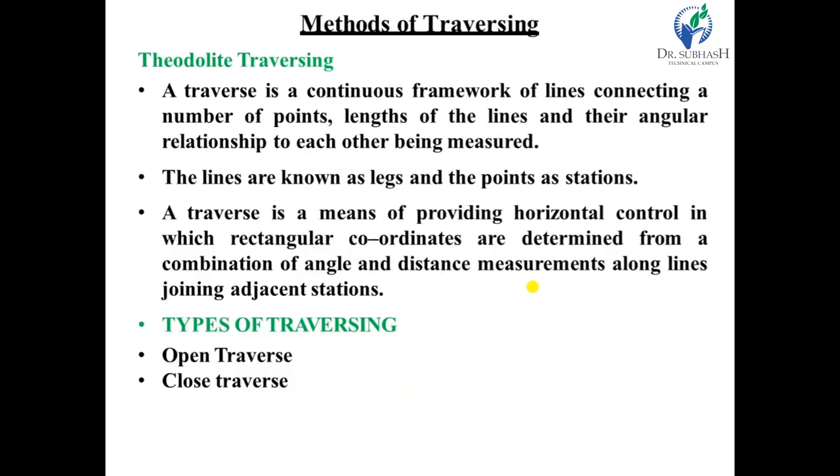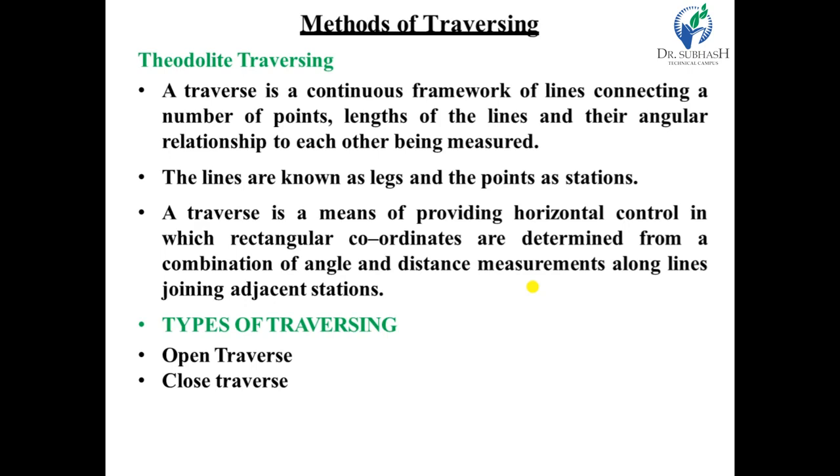Now we are moving to the methods of traversing. How can we create the traverse, or how can we measure the traverse? By angular means. We measure the distance using a chain, tape, or now the laser distance meter is also available. For the digital version, we also use the total station for measuring angles, but that is a digital means of measurement and this is the manual means of measurement.